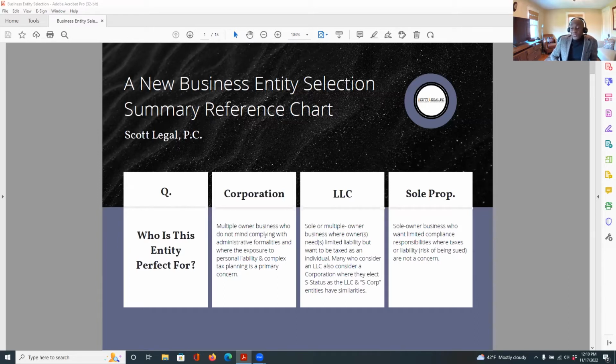Now, the difference though is that the LLC doesn't have the corporate formalities that we just talked about. Instead, with an LLC, you can just have a fairly simple operating agreement. If it's a single member LLC, you may even download that from the internet or get a simple operating agreement from a different source and utilize that as your operating agreement. But the corporate formalities really aren't there, and that's why a lot of people have moved towards setting up LLCs